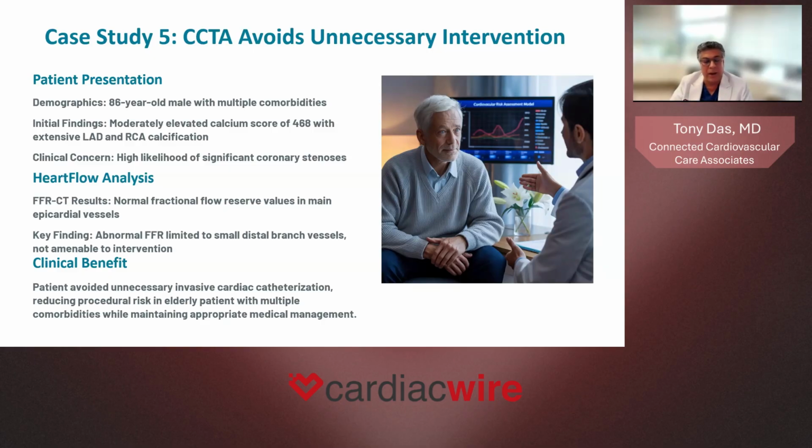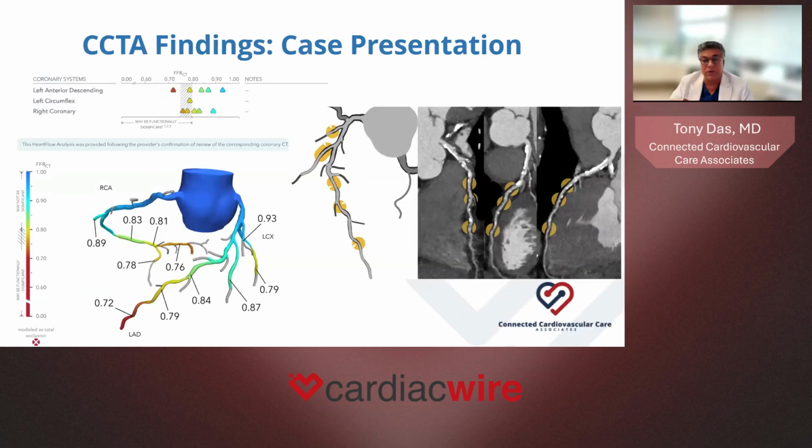the lesions really are. So here's the CCTA, and then there's also the plaque analysis, and what you see is most of the red and the orange colors, which is severe plaque, is really pretty distal. So the beauty of this is, even though we knew that there was disease, even though we knew that there was significant plaque burden, the majority of it was in distal vessels. So I left this patient alone, ended up just treating medically, and did not have to intervene with coronary angiography